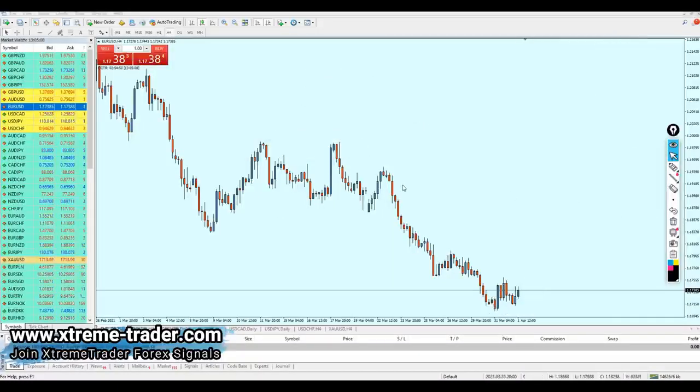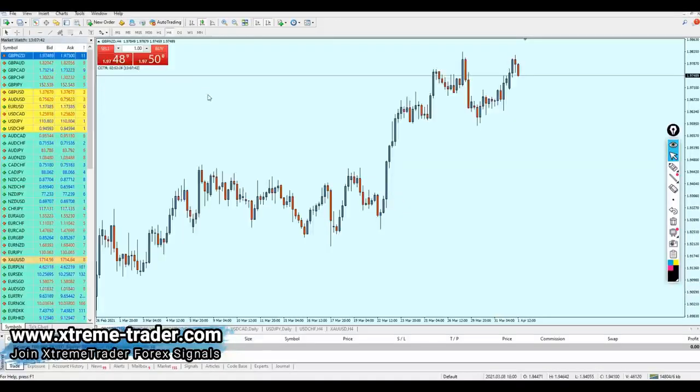So let me explain right now how we can find the setups on the 4-hour time frame first, then how we can switch to the 15-minute time frame. Let me first try to find a setup on the 4-hour time frame. So let's start, of course, with the pound NZD. Now, for example, if I want to find out whether the pound NZD is in a good position to start buying, let me explain the reason.